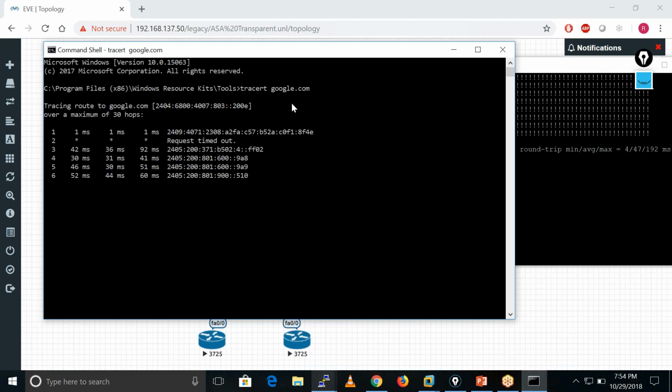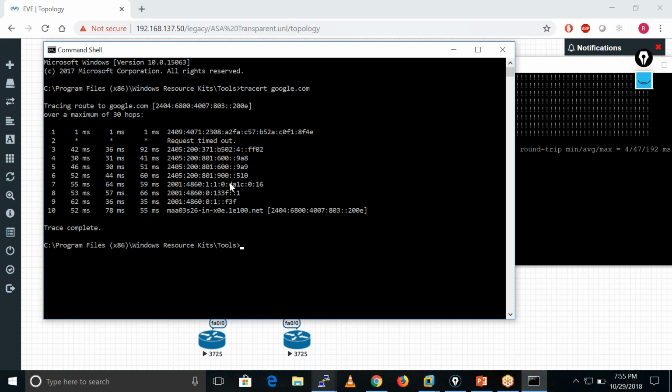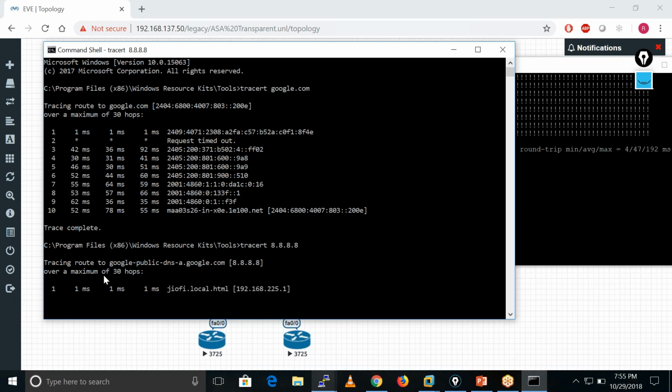So here I am getting hop by hop information, because this is an IPv6 address, because lots of guys are using that IPv6 address, that's why I am getting this. Okay, so let me do this for IPv4 address. So let me type here IPv4. That makes sense. So like that the result goes to 30 hops maximum.